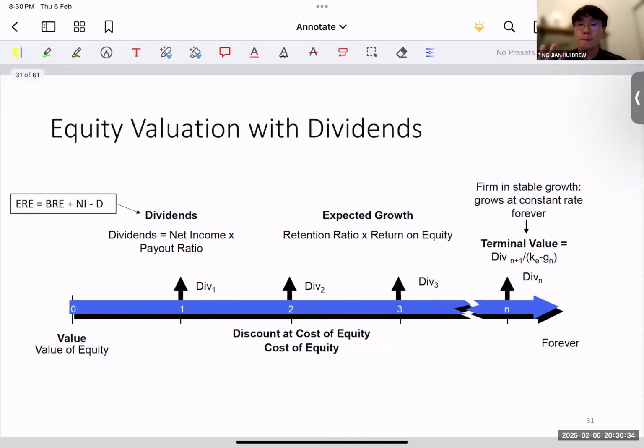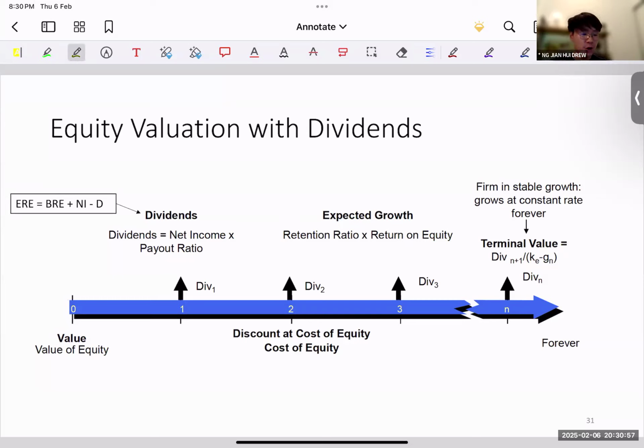Now, for our overview of this lecture, what's most important whenever we look at each valuation method is this slide here. Each method will have something like this arrow, and this is the most important part. What does this mean? Let's dissect all the information step by step.